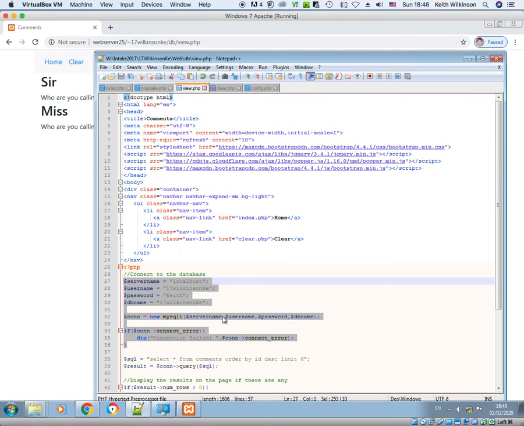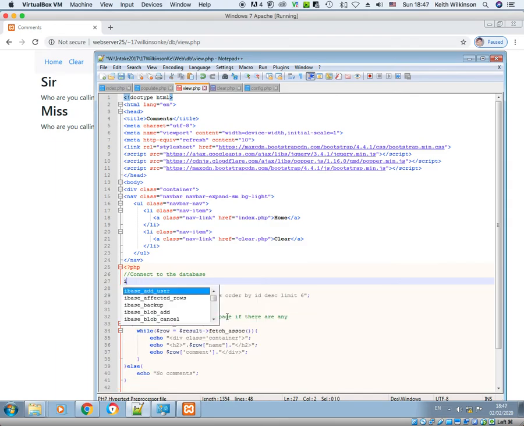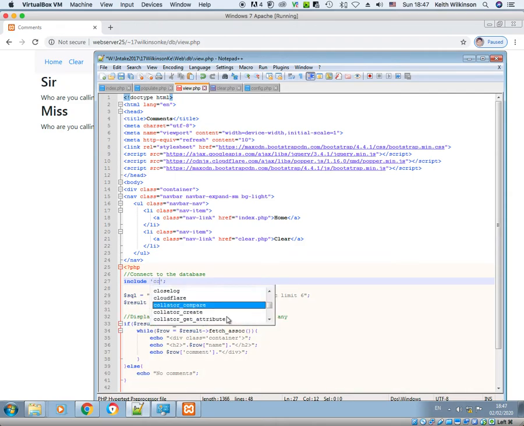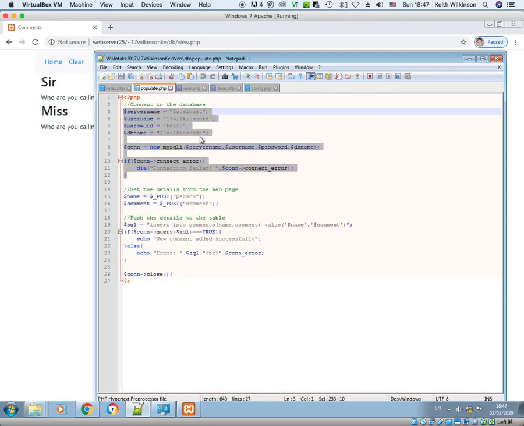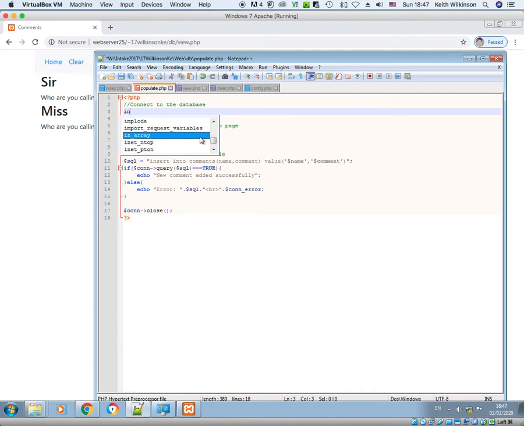Now view is a little bit further down, so I'm going to delete all of that and I'm going to type include in speech marks config.php. Let's check whether it's fine. And finally in populate, exactly the same. I'm going to delete those lines and I'm going to type include speech marks